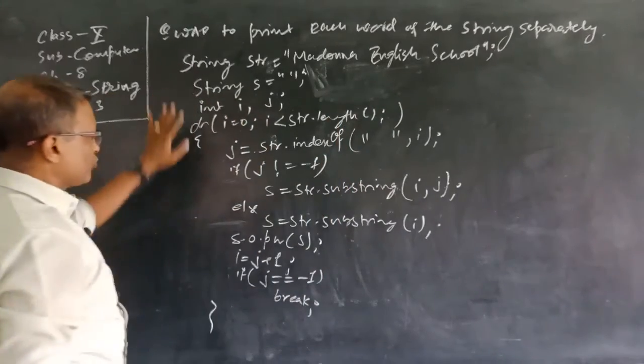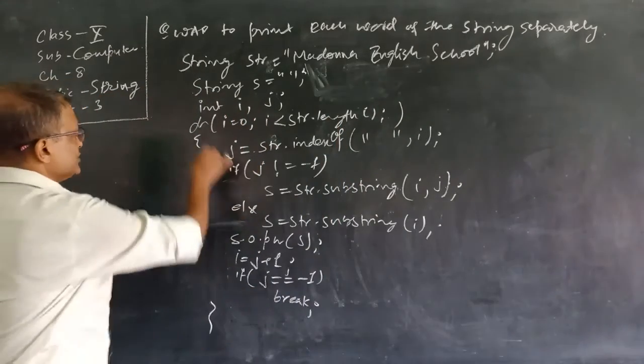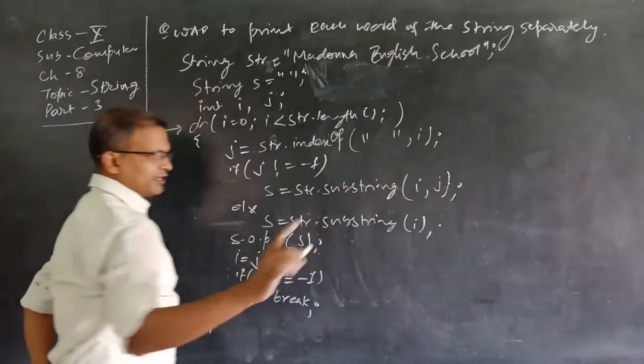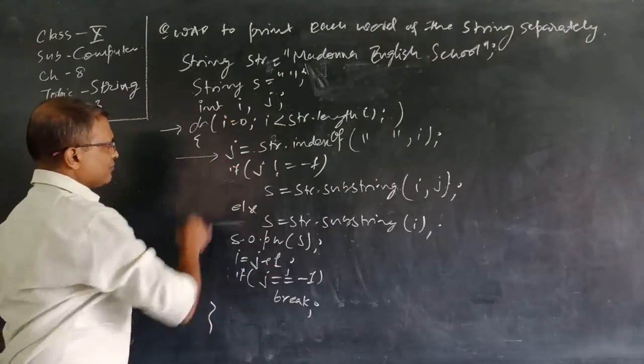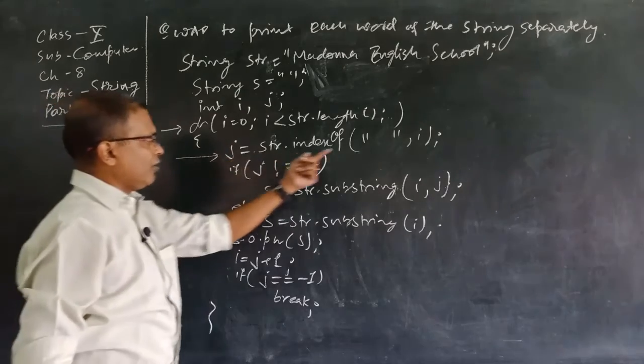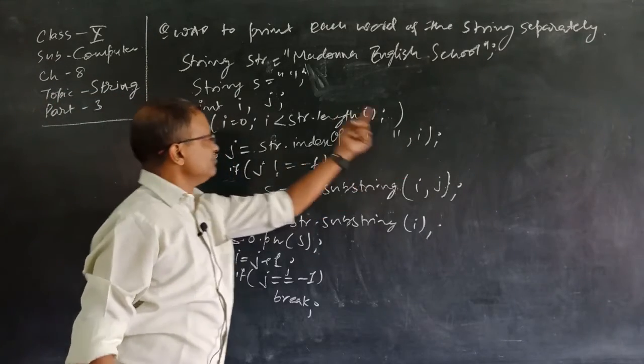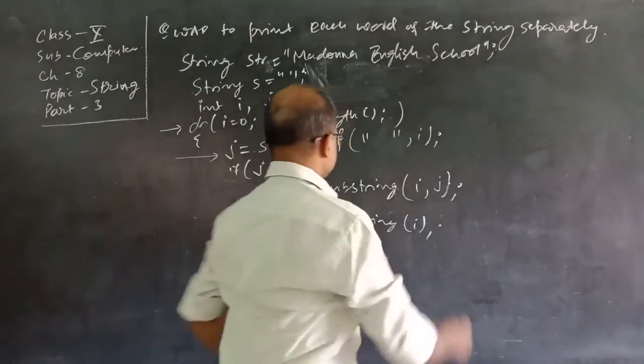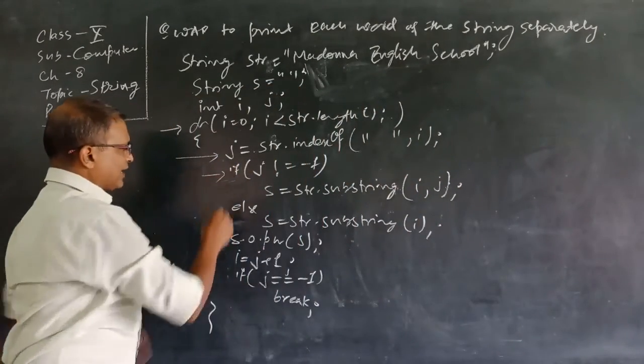What you have to do in the complete program, basically you have to be conscious about applying the loop. You don't have to increment the value of i here. This is very important. Second, in the first step you have to find the index of a space after i position, meaning from 0 position, then again from this position, then again from this position. Okay, you have to apply the condition like this.